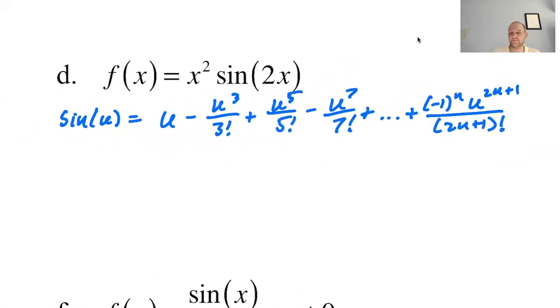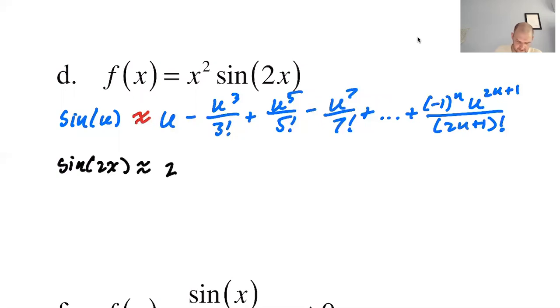Now what I'm going to do is replace every u that I see with 2x. Do you really need to do that step? Oh, I did it again. What the heck? You know what it is? Soon we're going to be doing series, and then it's appropriate for it to be an equal sign. But until then, it is not appropriate. All right, so sine of 2x,